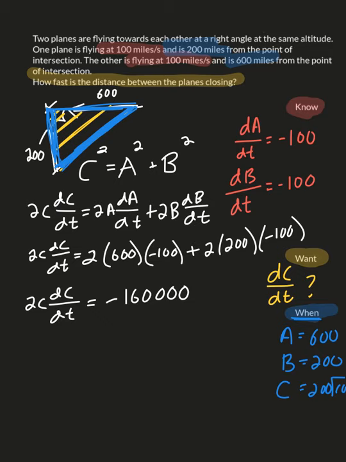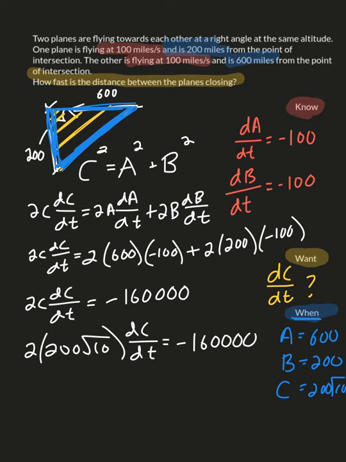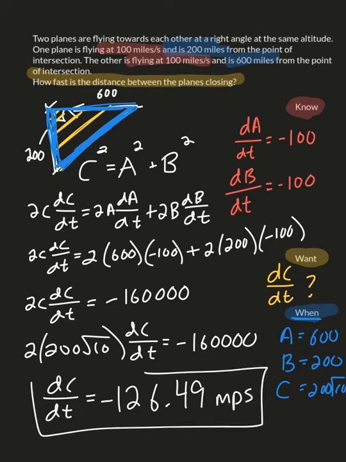The way that I got that is just by using Pythagorean theorem with those numbers. So just off to the side, I did Pythagorean theorem, I worked it out, and I got that C has to be 200 root 10 in that moment. And now I can substitute that in, and there's only one variable left behind, which is my dC/dt. And now it's not that bad. Now I can just divide both sides, and I get dC/dt to approximately be negative 126.49 miles per second,